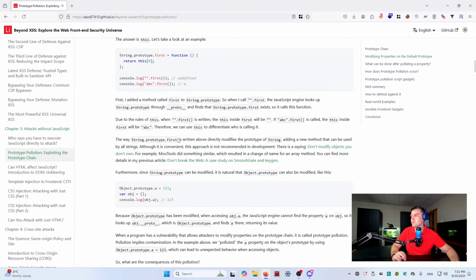The way String.prototype.first is written above directly modifies the prototype of String, adding a new method that can be used by all strings. Although it is convenient, this approach is not recommended in development. There is a saying: don't modify objects you do not own. For example, MooTools did something similar, which resulted in a name change for an array method. You can find more details in